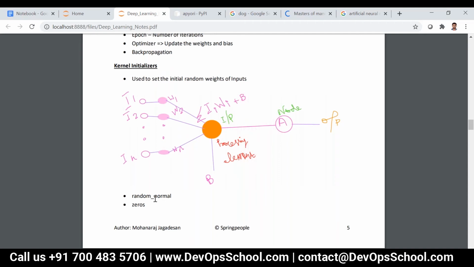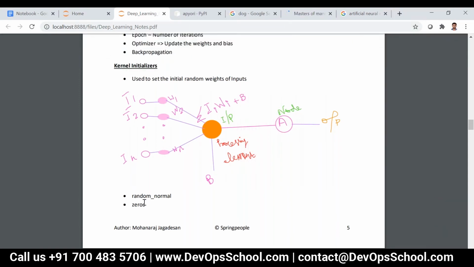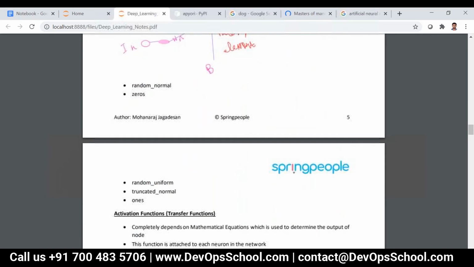Those will be used as the input to this kernel initializer. If you set it to zeros, the entire array will be initialized with zeros. If you set it to ones, the array will be set to ones. Mostly we'll be using random_normal and random_uniform. That is the purpose of this.